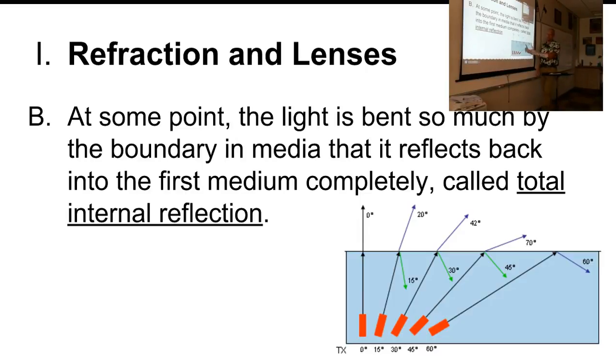And that's because the light gets bent every time it hits, and this blue line is the light leaving, right? And it gets bent, and it gets bent, and then there comes a point where you look up at the water, and the light gets bent so much that it gets bent right back into the water. So none of the light is leaving, okay? And total internal reflection, it screws up scuba divers, but it's good